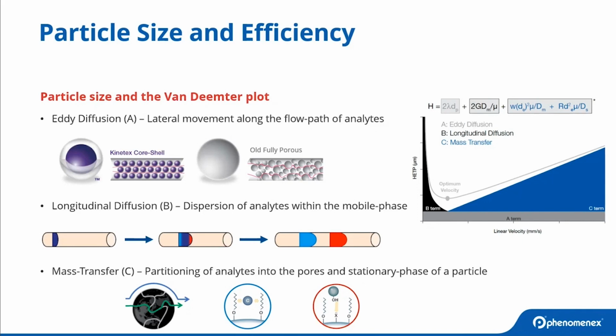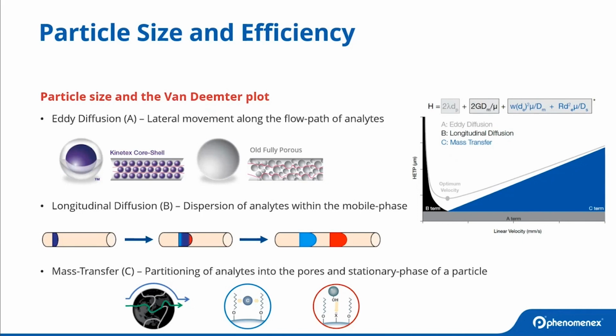Eddy diffusion is just the lateral movement of analyte molecules along the length of your column. This is dependent on the particle morphology, independent of column dimensions, and it's actually independent of flow rate. It's strictly dependent on particle morphology, primarily particle size, but also just the consistency of the particle size. Smaller particles generally lend themselves to more consistent particle size, and ultimately more consistent flow paths